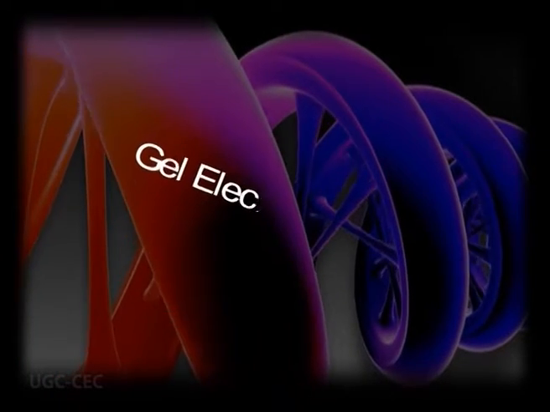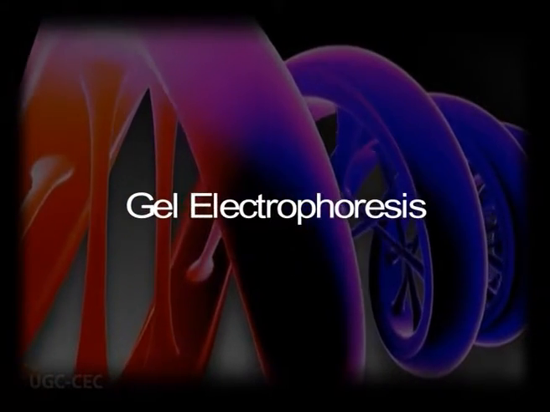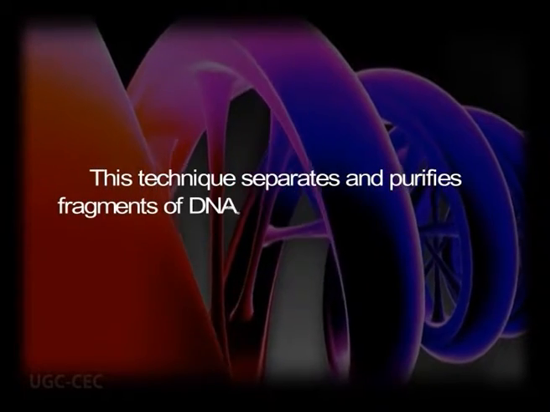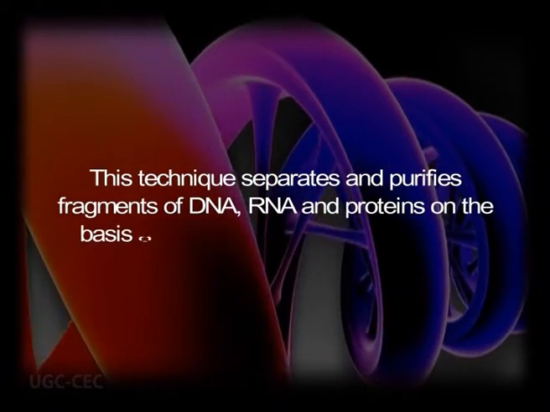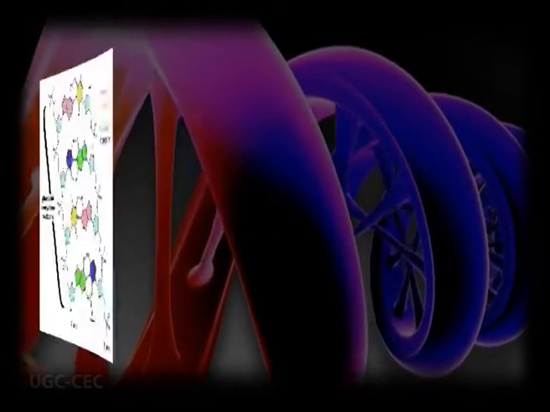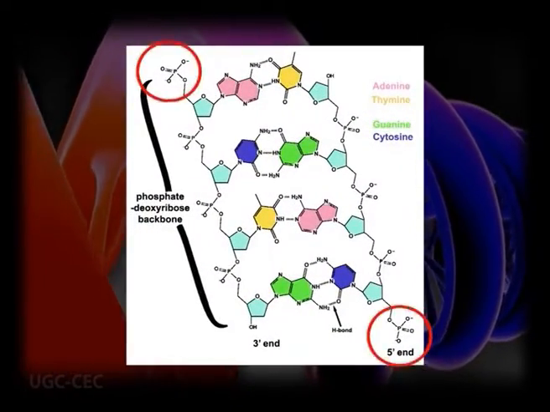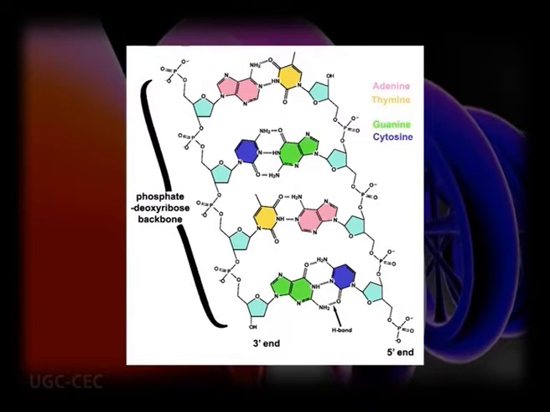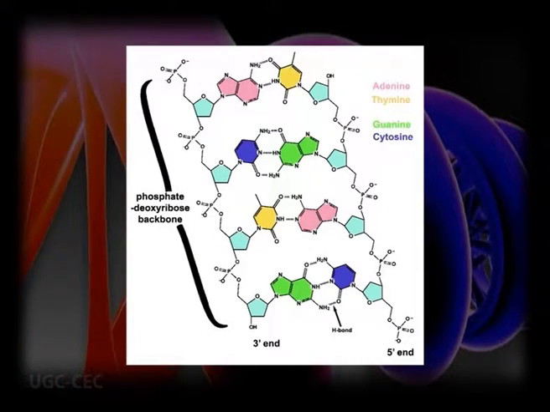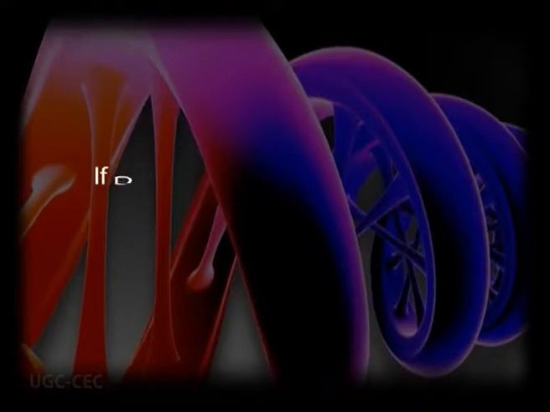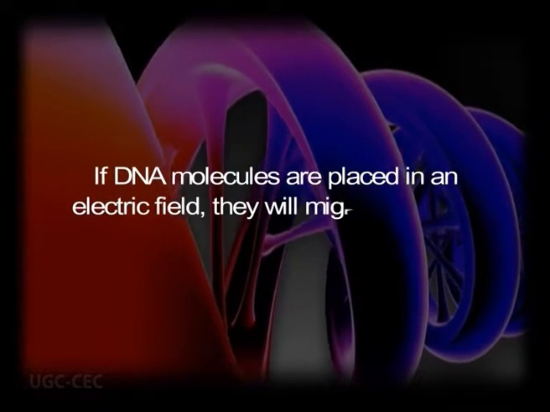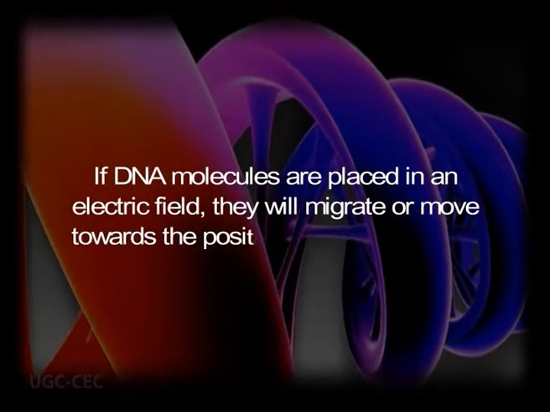Now let us discuss gel electrophoresis. This technique separates and purifies fragments of DNA, RNA and proteins on the basis of their size and electrical charge. The DNA has a net negative charge due to the oxygen atoms associated with the phosphate group joining nucleotides on both DNA strands. Therefore, if DNA molecules are placed in an electric field, they will migrate or move towards the